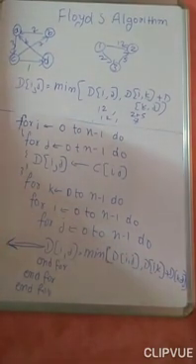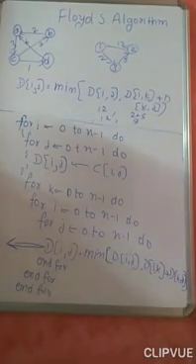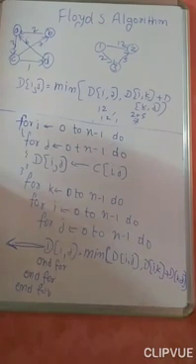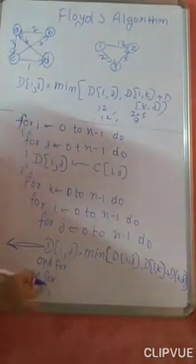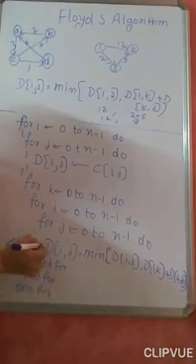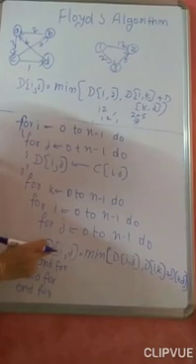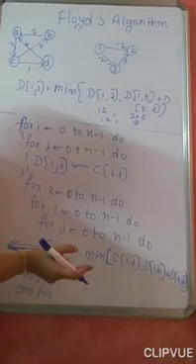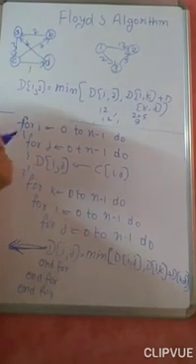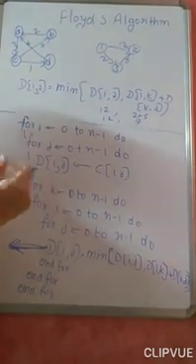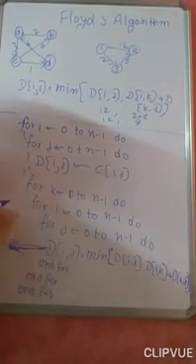And one more thing, Floyd's is there in your lab program, not the Warshall. Warshall is not there for your lab program, but Floyd's is one of your lab programs. Every statement is the same as in Warshall except this particular statement. There we are checking if d of ij is 0 and d of ik is equal to 1 and d of kj is equal to 1, then we are taking d of ij as 1. That is in Warshall. This is in Floyd's algorithm.